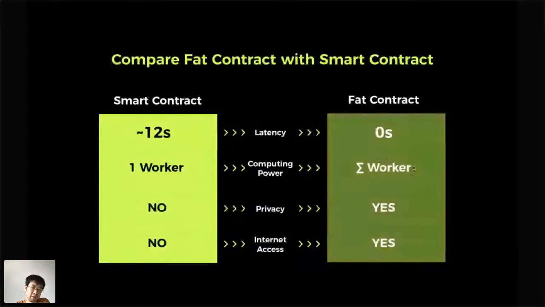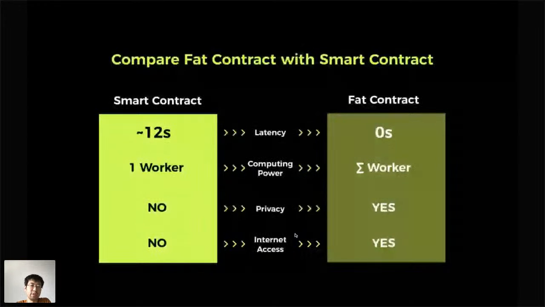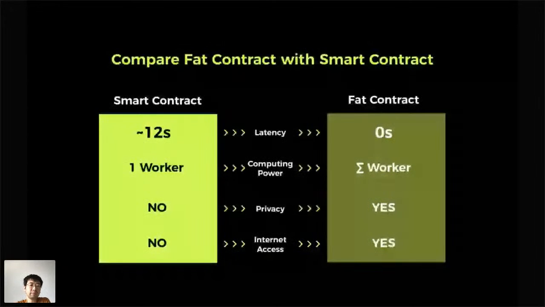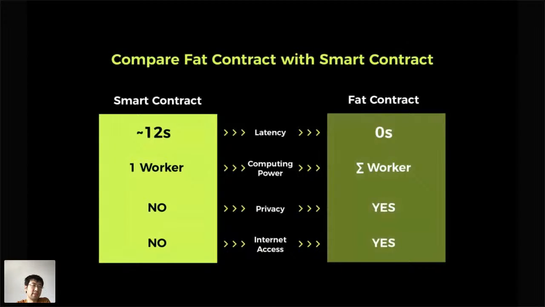And third, it's about privacy. All the contract state is encrypted and stored on chain, and no matter whether you send a transaction or send a query directly to our contract, all the input to the contract is end-to-end encrypted. So all the privacy is promised. And the last part: since the contract is executed off-chain, you can send HTTP requests in our contract to read some data or invoke any existing HTTP APIs, no matter whether provided by a Web2 service provider or a Web3 service provider. I will show the example later.